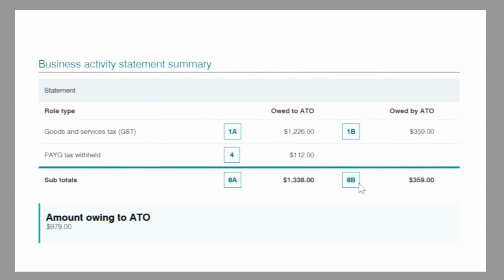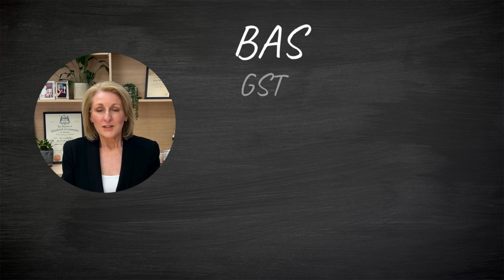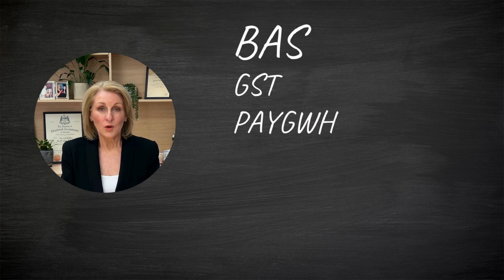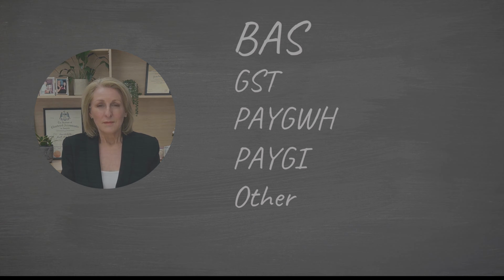The Business Activity Statement is a form that the ATO uses to have businesses report and pay certain taxes. Depending on your situation, your BAS might include GST, that's Goods and Services Tax, the big one for most, PAYG withholding, which is tax withheld from employees' wages, PAYG instalment, which is the prepayment towards your own income tax, and other taxes including fringe benefits tax, luxury car tax, and fuel tax credits. Not all of these apply to every business, but if you are GST registered, you'll be lodging BAS every quarter